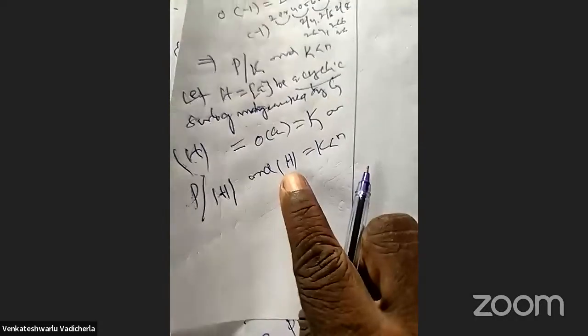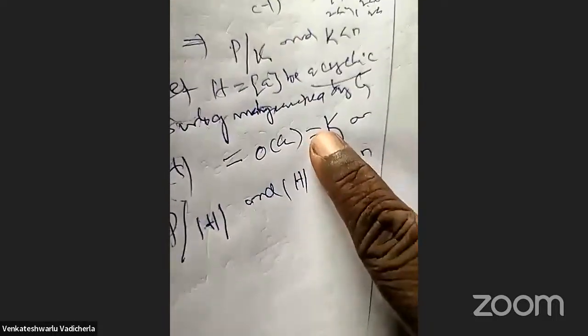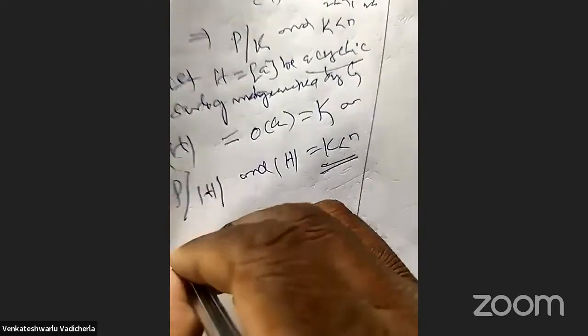Once again, what is K? P divides the order of H. The order of a subgroup divides the group order. P divides K, which I have taken. The order of H is equal to K, which is less than N. Therefore, by our assumption,